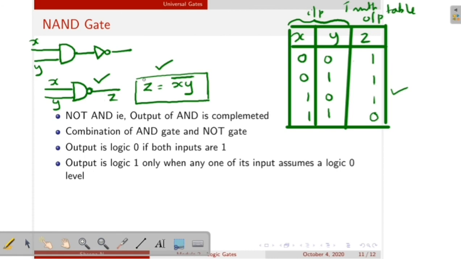So these are all the basic gates, other gates and the universal gates. In this video we studied the different basic gates, other gates and universal gates, the logic symbol of each gate, the logical expression of each gate, and the truth table of each gate. Truth table is actually the tabular representation of the input and output.